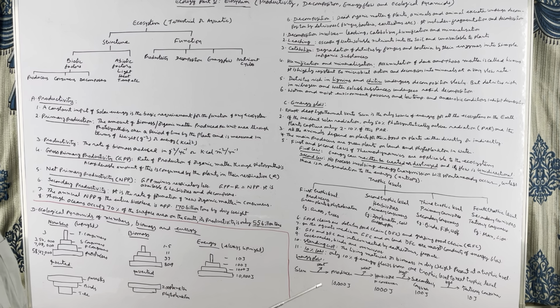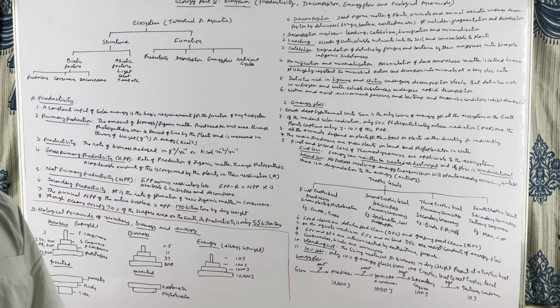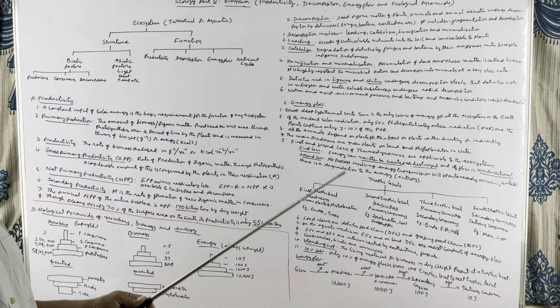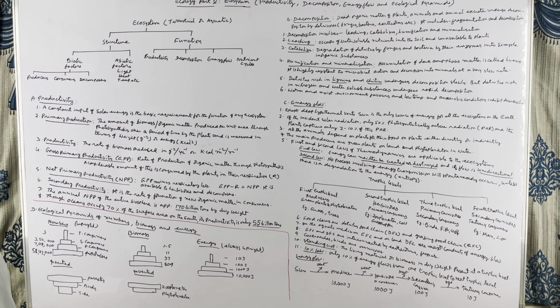Then there are some types of bacteria or microorganisms known as mineralizers. The mineralizers decompose the humus further and release the minerals into the soil. So in this way, the mineralizers separate minerals from the humus and release them into the soil. And these minerals are made available for the plants to use again. In this way, the minerals locked up in the dead organic matter are freed and made available to the plants again.